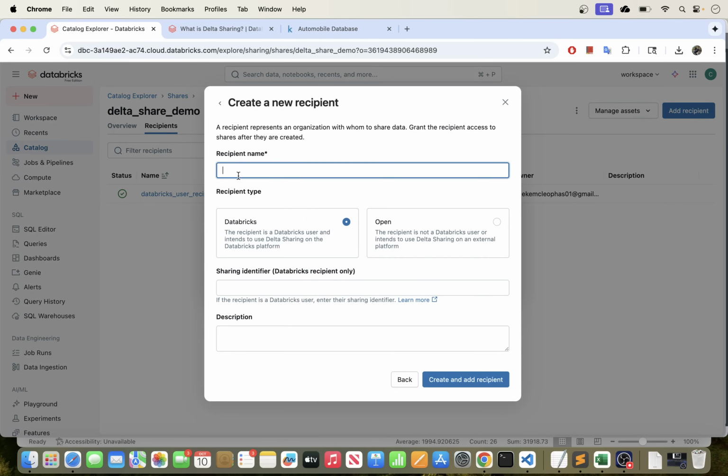We'll create a new recipient, and for this case, let's say this is going to be a non-Databricks. So I'll just use DPX here, non-Databricks user, right? So this is going to be a user who does not have Databricks. They don't have any Databricks environment, and they want to still continue using this data. So for that option,